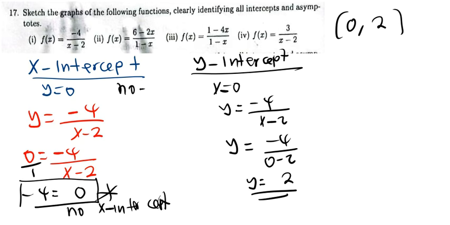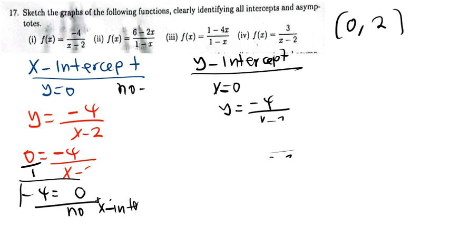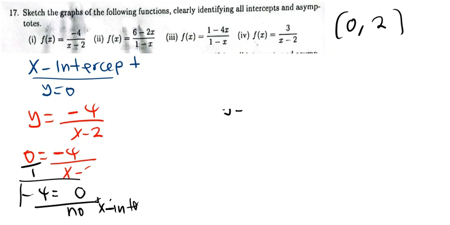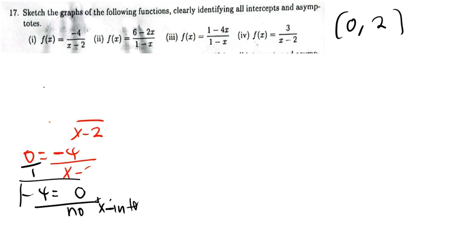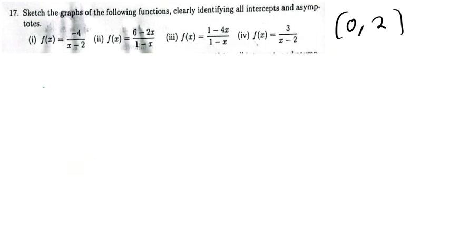Next, we need to find the asymptote. How do you find the asymptote? There are three scenarios. Now, there is what we call horizontal and vertical asymptote. To find the vertical asymptote,